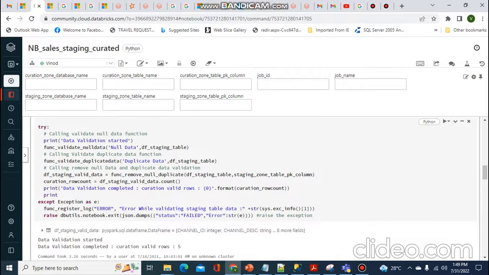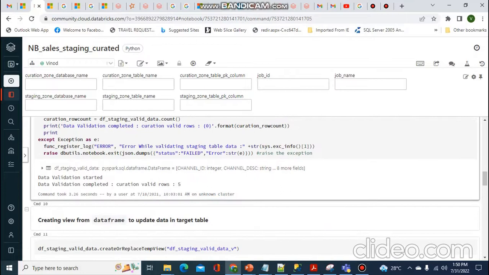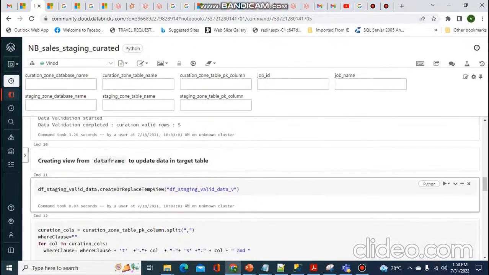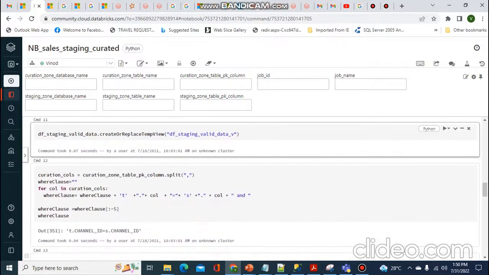If null data and duplicate data is available, we'll be calling another function, remove null and duplicate data, passing the staging table name and the staging primary column, removing them, and then storing it into another data frame. Okay, this is what we're going to do here. Once that is done, we'll be creating a view for that particular data frame, and once the view is created, we'll be using that